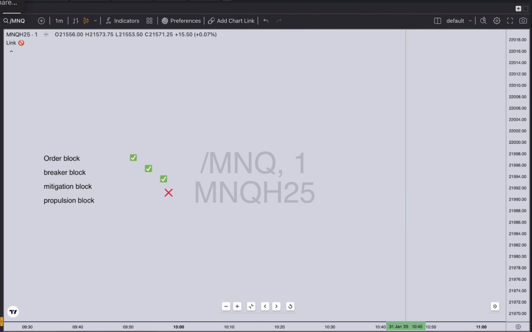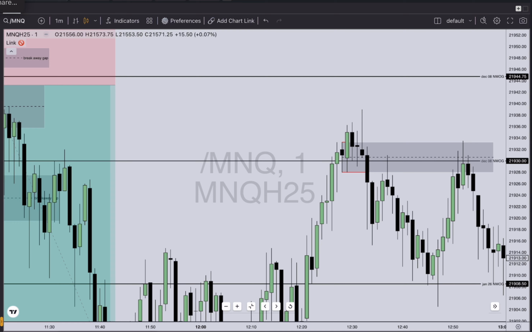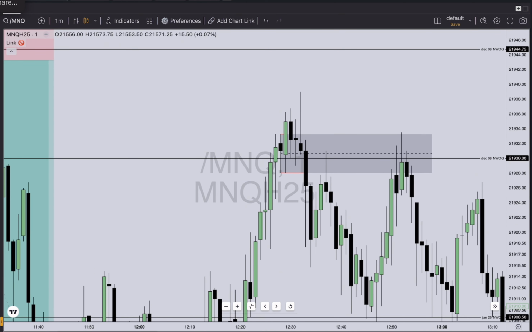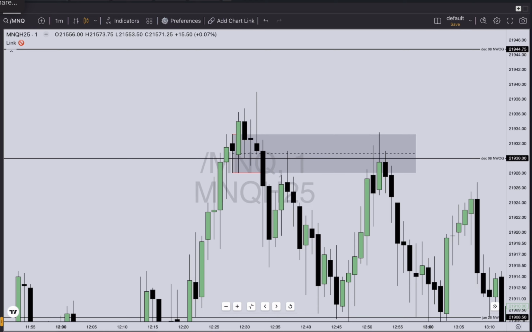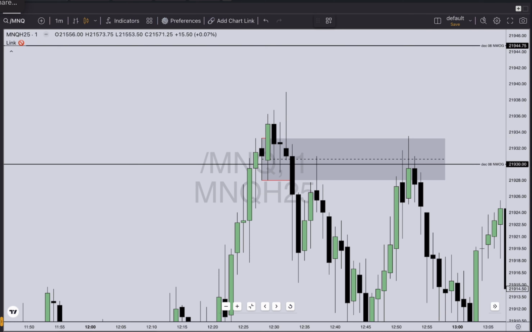A breaker block is literally the same thing but from an order block. It is an inverse order block. What do I mean by this? If we look at this right here, we have an uptrend, retracement, and then as soon as we close above this down close candle's high, this is now an order block, right? Now an order block should propel price higher, which it kind of did at the beginning. We have this wick, which is higher. So it did propel price higher, but